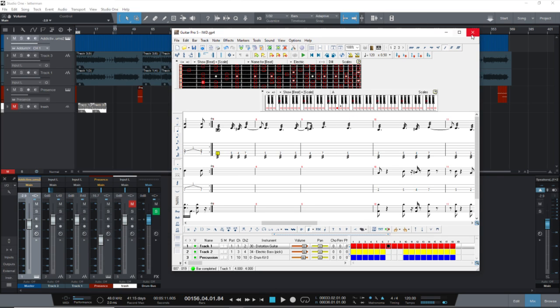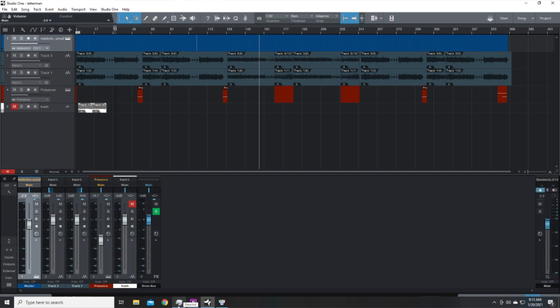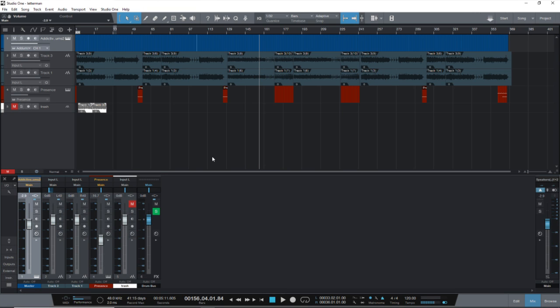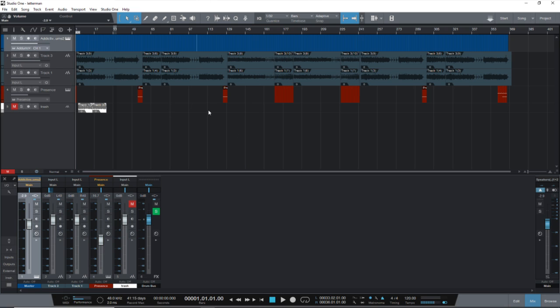Doesn't look like much, but someday it'll be finished. So GP5 is what I use for coming up with ideas. So like with this track, after I came up with these notes in the beginning,